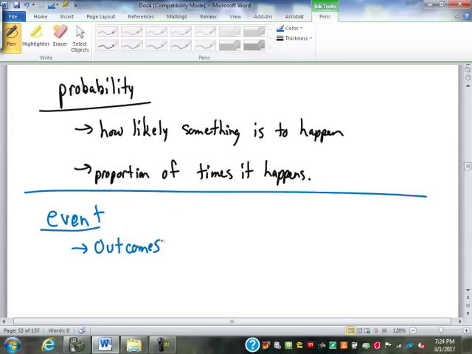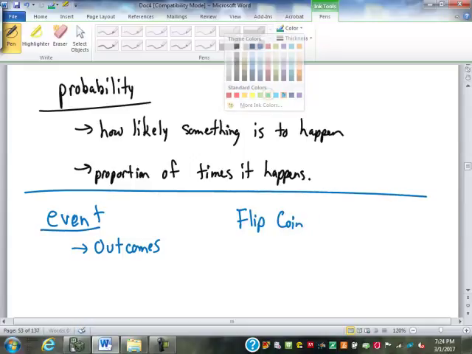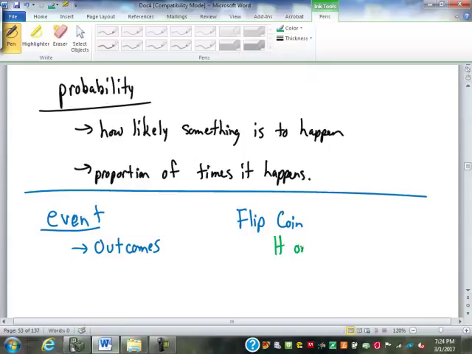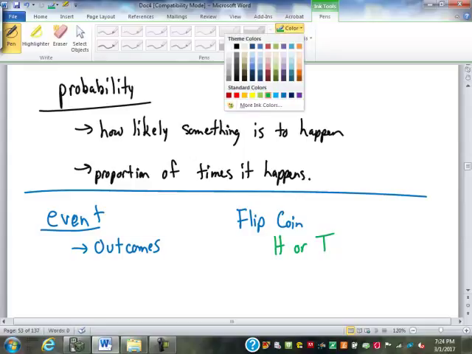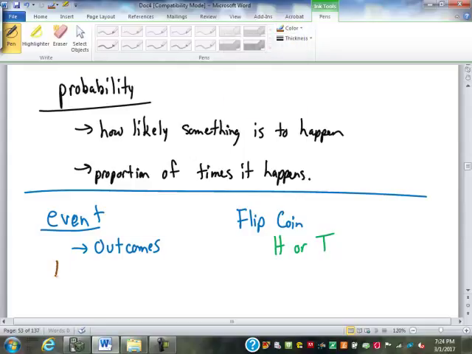If we're flipping a coin, of course, those outcomes are either heads or tails. Has only two outcomes. And if those outcomes are what we call equally likely, assuming that the coin is a fair coin,